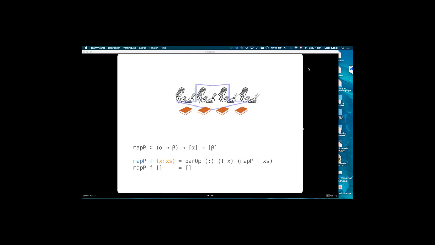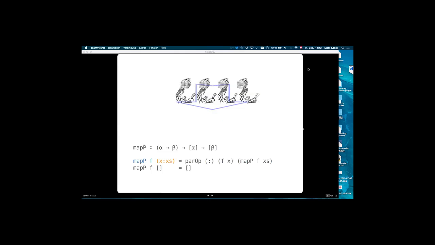So we can easily verify. The semantics in this case is that mapP is strict on the level of the elements, but of course if the elements are themselves lists or something more complex, then you have to take extra measures to evaluate them fully if you do want this. Maybe you don't want this.